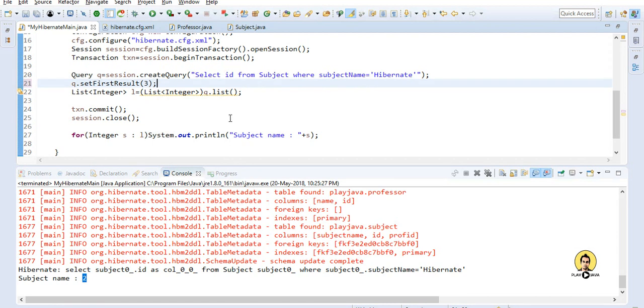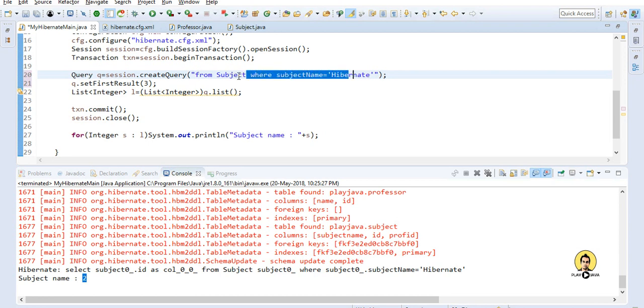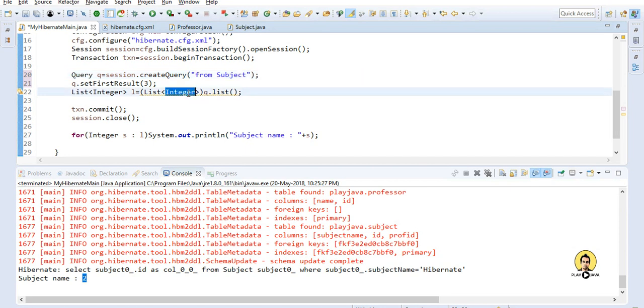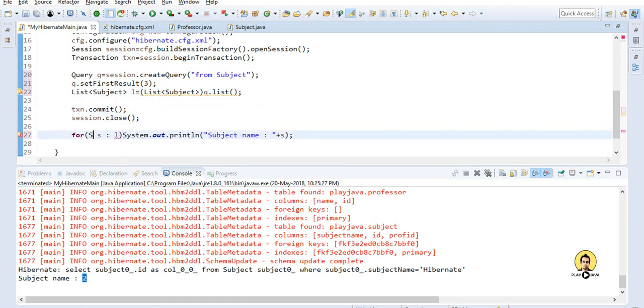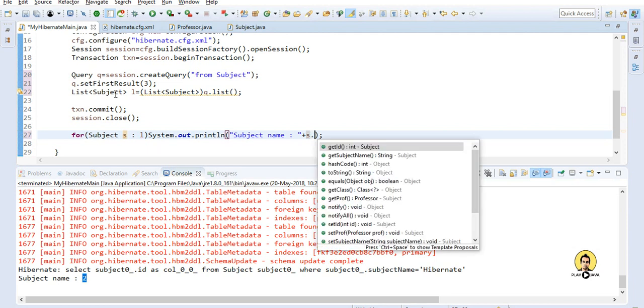Now I will go to the previous version and also remove the where clause so that we can see the results. Instead of this I'll put Subject s, and s dot getId.